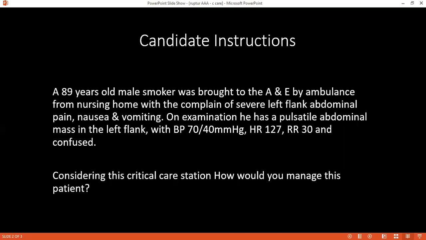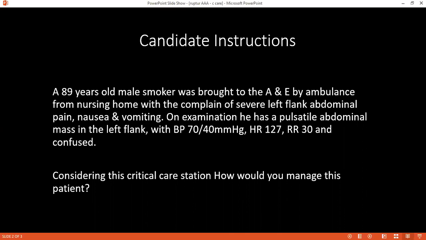And then I will assess the respiratory system of the patient by assessing the respiratory rate and cyanosis, and also the chest movement, and then the position of the trachea. And I will also auscultate the chest for bilateral air entry. Then, as the patient is hypotensive, I am suspecting hypovolemic shock, and I will pass 2 wide bore IV needles in the antecubital fossa,